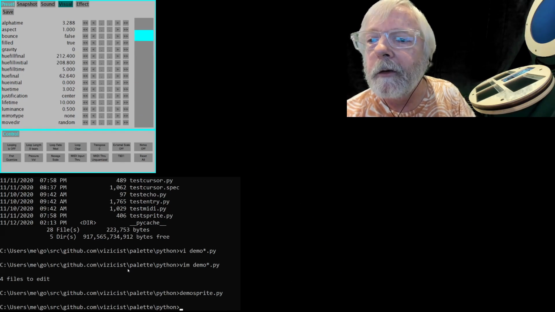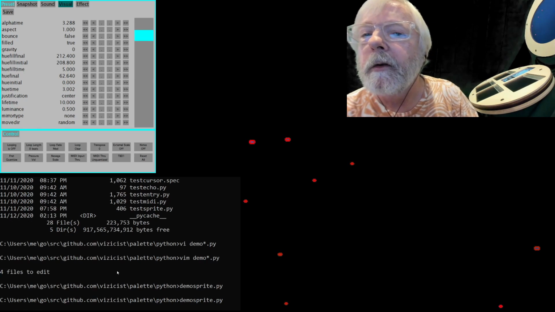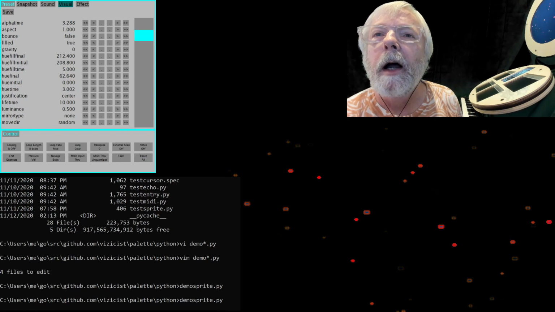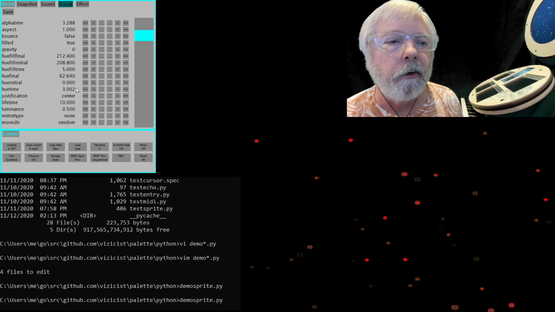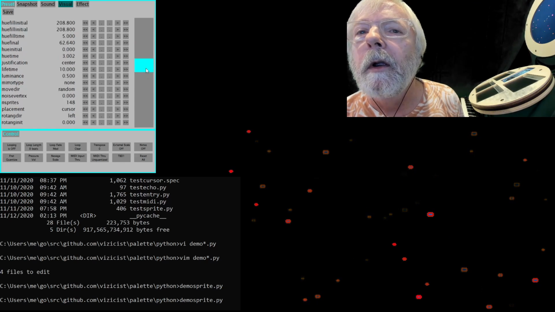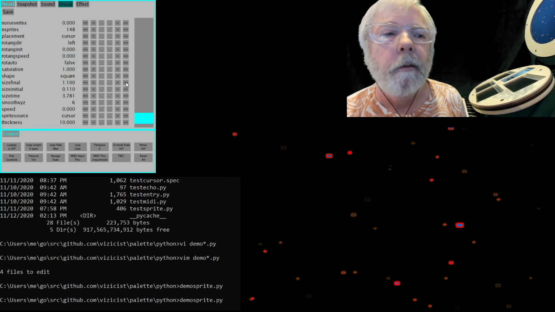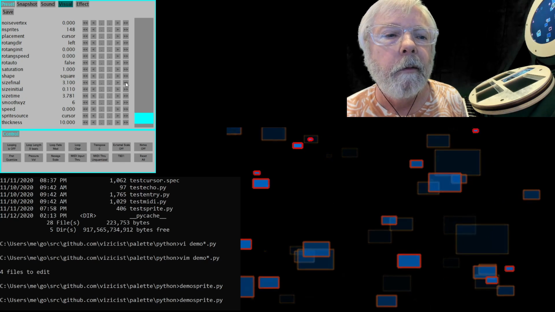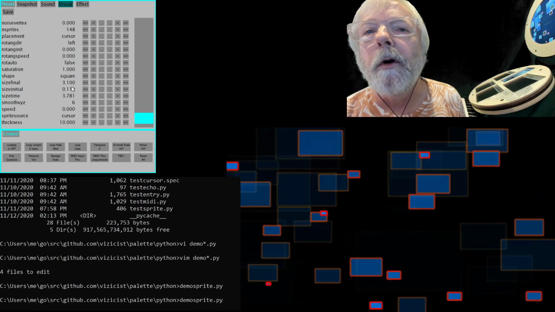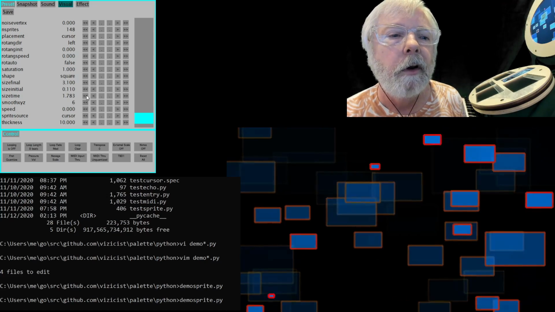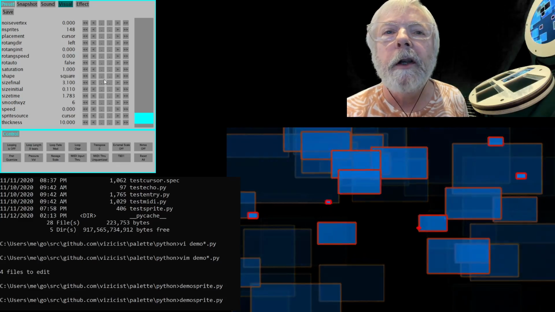Oh, the Python script stopped. Let me start it again. So I can modify the visual parameters. Currently there's these little squares being generated for the sprites, and I can have them grow. You can specify the initial and final sizes, and then the amount of time it takes to go from one to the other, or the shape,